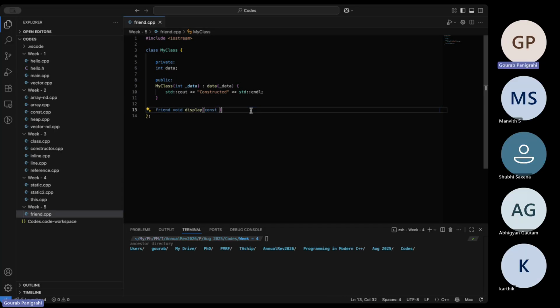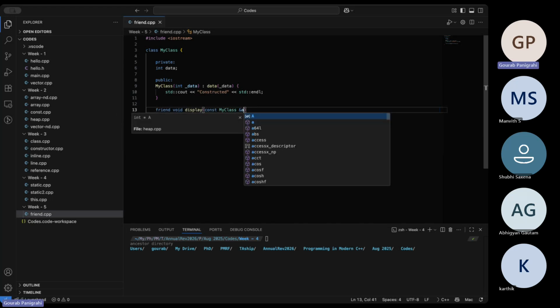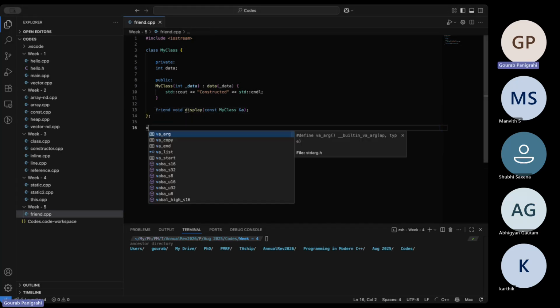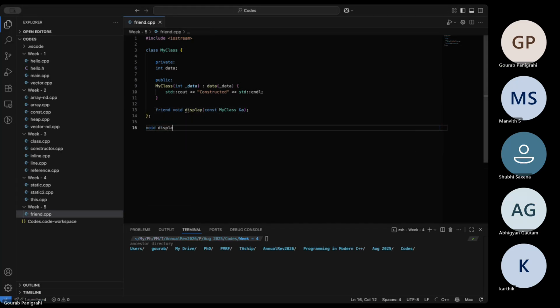We'll see what it means. So it takes my class as an object of it, as a reference. Then we'll define the display function itself with const my class